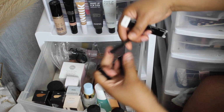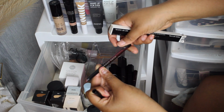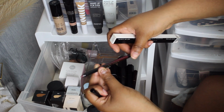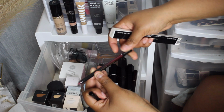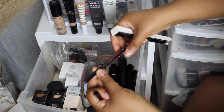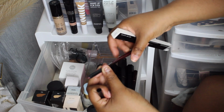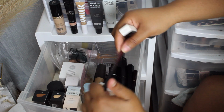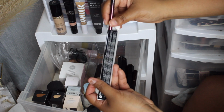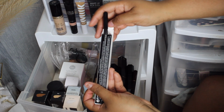This one is so good. And it rolls up right here, which is nice. You don't have to sharpen it, which is iconic for any brand to have something where you don't have to sharpen it or struggle rolling it up. You could just twist it up and down. But this one right here, really, really good, really pigmented. The only thing is that the glitters in this eyeliner is like a no budge type of eyeliner, so you